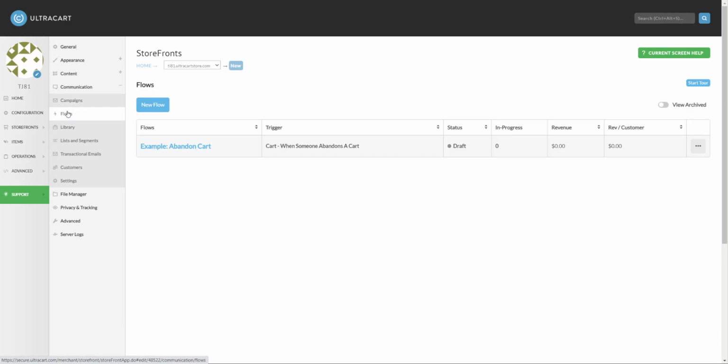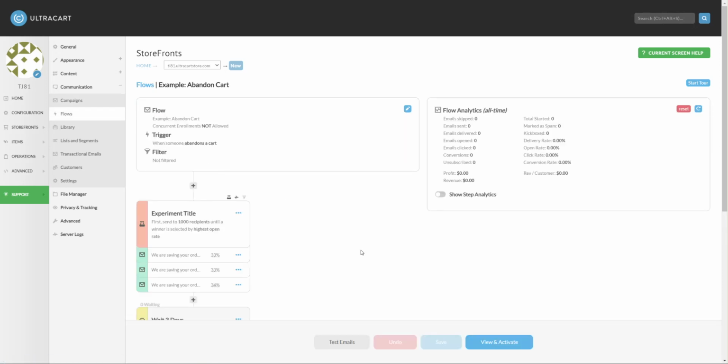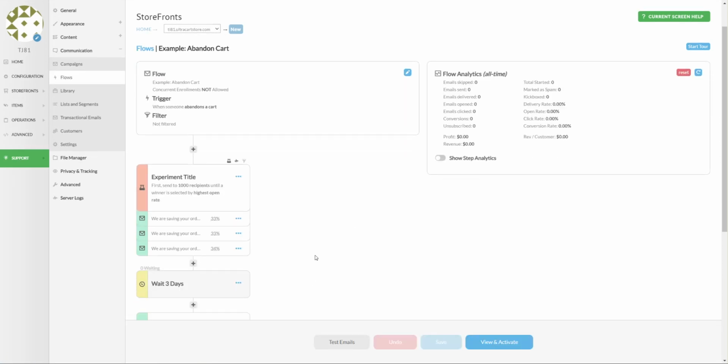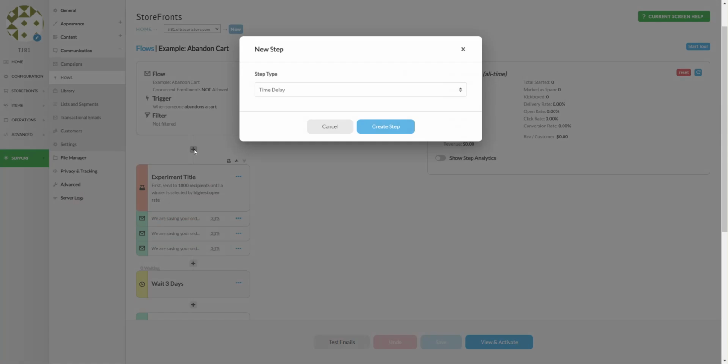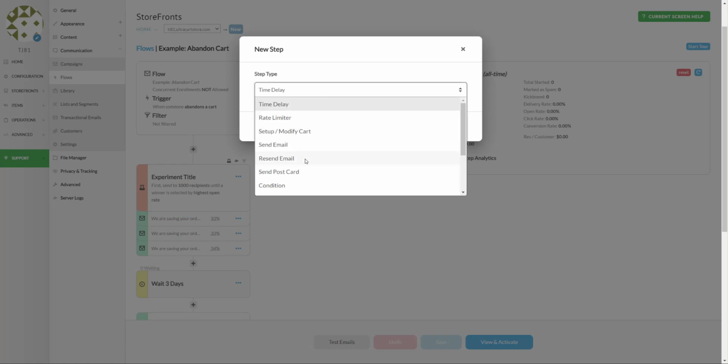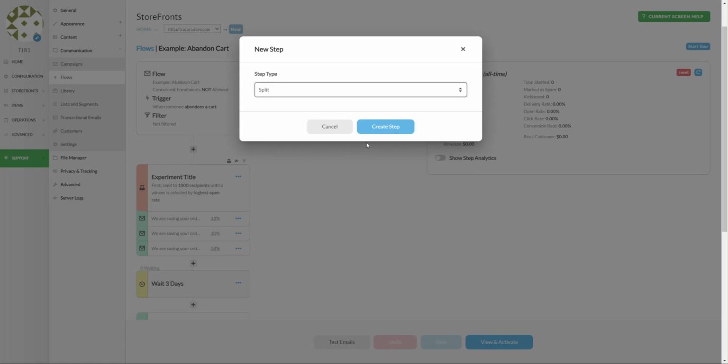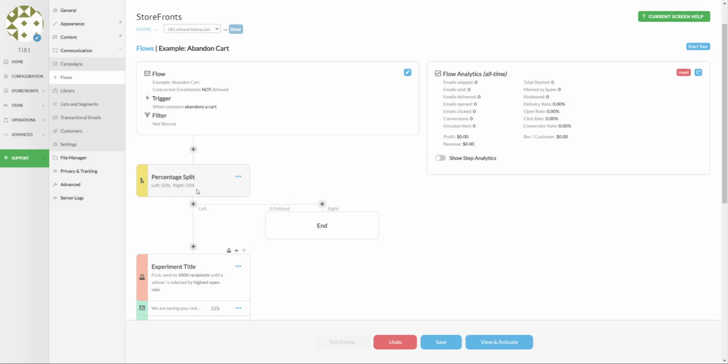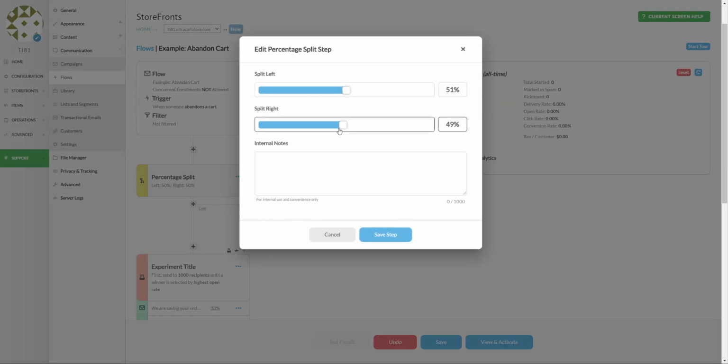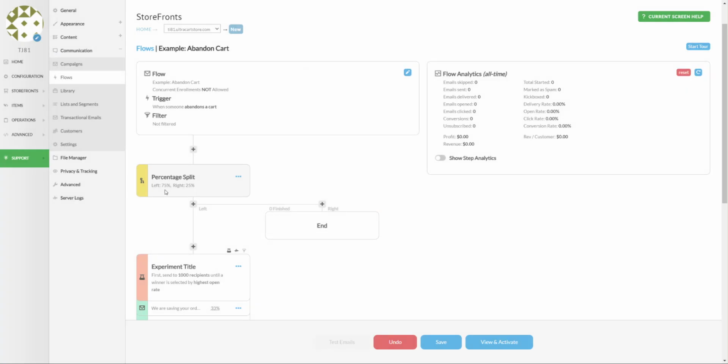Let's go back to our flow and let's talk about a few other types of steps that fall within the category of experimenting on your content. The next step I'd like to cover is the split step. A split step just gives you a split in your flow. It's not going to calculate anything, but it will let you choose what percentage. So if you have a completely alternate scenario that you're interested in testing, you may want to create a 75-25